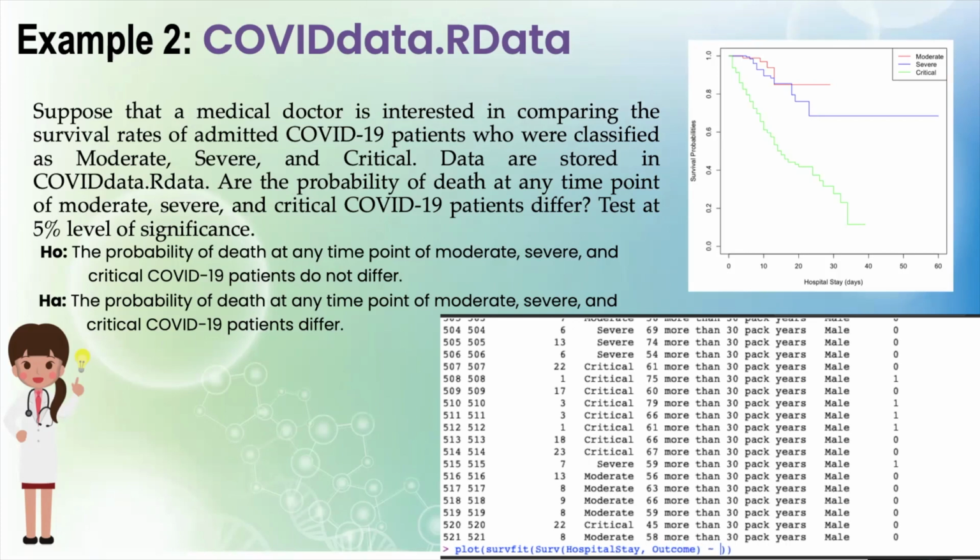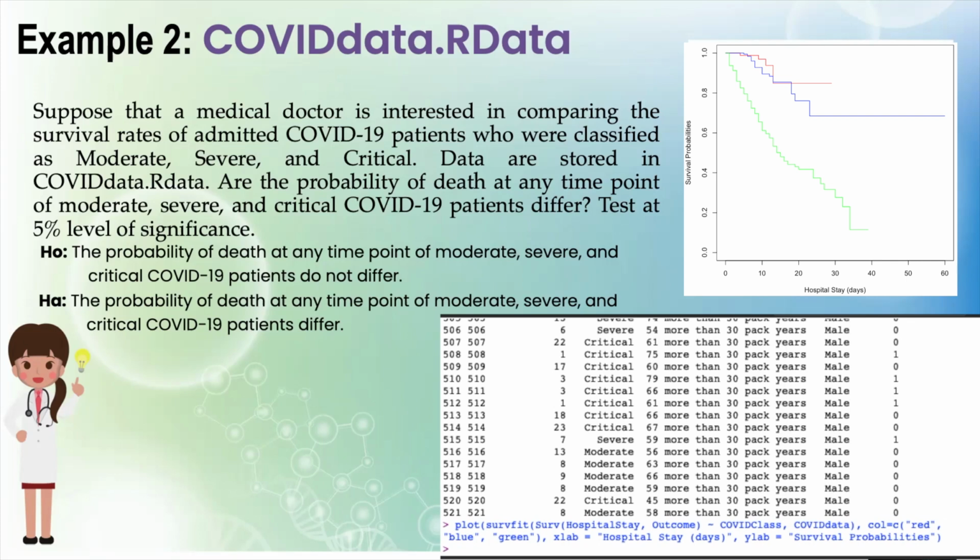And then tilde the groups again, which is the COVID class in this case, comma, and then COVID data. And then we may also put the options there like the color, which are red, blue, and green, X lab, which is the hospital stay in days, and the Y lab, which is the survival probabilities. Then while it is being displayed, we may type in legend,